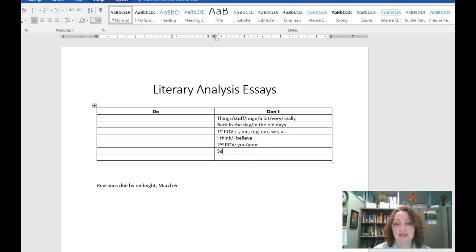Get rid of phrases like seem or seems to. These seem a little wishy-washy. They're not assertions, and part of what you do in writing analysis papers is to stake your claim with a thesis statement. This is my argument. These are the points that I'm going to use to prove it. And when you use flimsy words like seem or kinda, it deflates the air in your argument, if you will. You want it to be assertive and strong. And part of the reason that you've created this thesis statement is because you believe it. You believe that you found evidence from the text to help prove it.